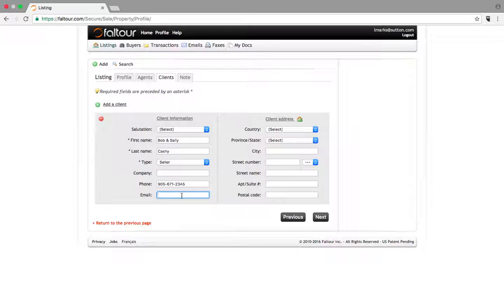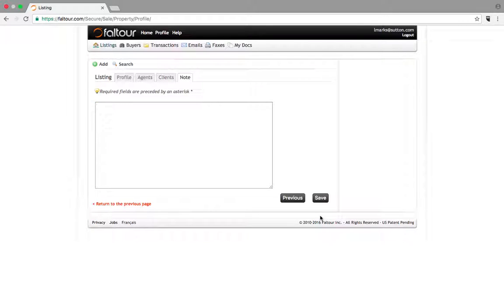And it's important to put in their email address because it's going to be a reference for you, and it's going to help you if you needed to send them an email. You'll find that it will auto-populate the email area, and you don't need to go and look up their email address. I'm going to put in the email address. Both Bob and Sally live at the listed property, so a shortcut is this little house icon. If I click on it, it will auto-populate the address of the property. I'm done that area. I've completed that area. I'm going to go down to Next, and it's going to bring me to the last page in my listing